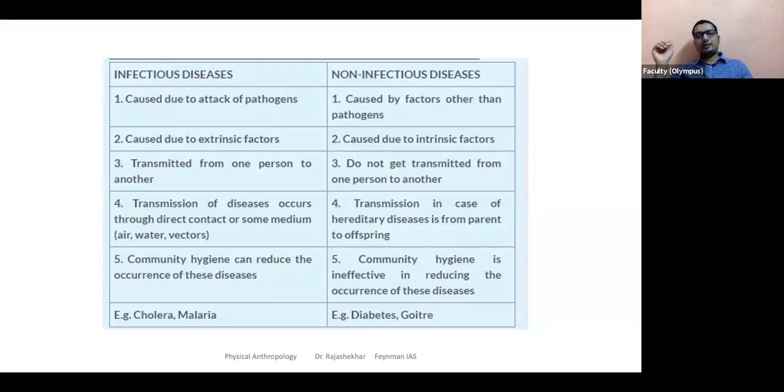So droplet infections are packed with the infectious agent, but are heavier and denser. What happens? They tend to settle down and don't travel much. But as Vishal was rightly saying, airborne infection is lighter and can easily spread around. Tiny particles can also carry it. Normally, I think the cutoff they say is 5 microns. If it is above 5 microns, it is more like a droplet infection. If it is below 5 microns, meaning tiny particles also spread around and carry pathogens, then it becomes an airborne disease.